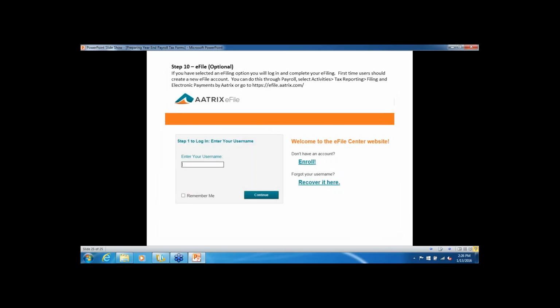And if you decide you also want to file this electronically by using e-file, this is totally optional. If you have selected the e-filing option, you will log in and complete your e-filing. Once again, if it's a first-time user, you should go ahead and open up an account with the Matrix, and then you can go down to a particular